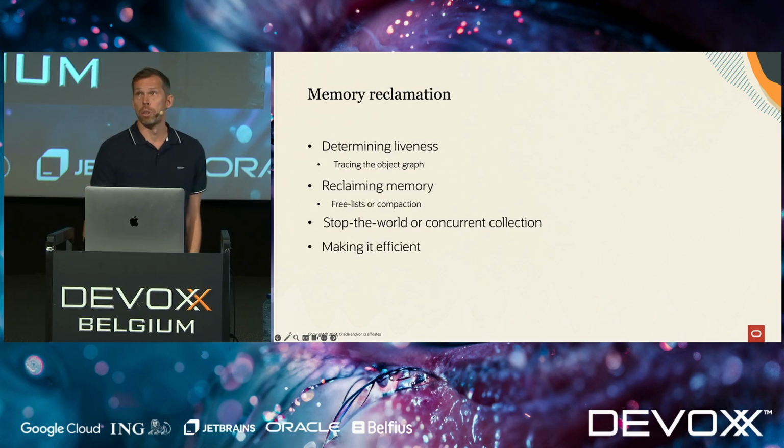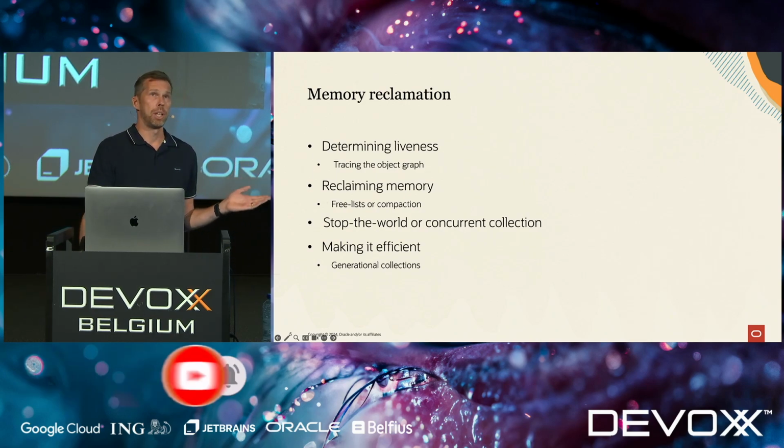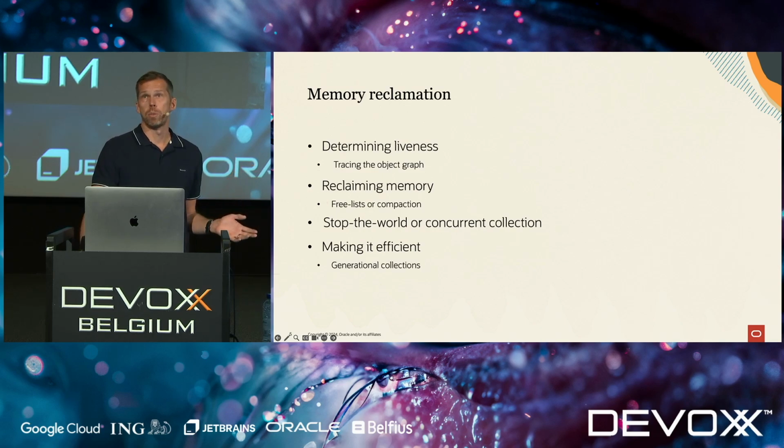And of course, we want to make this as efficient as possible. And there are many techniques for making it more efficient. One of the most important ones is called generational collections. What we mean by that is that we divide the heap into two generations: a young generation where we store newly allocated objects, and an old generation where long-lived objects are promoted to. So objects that have been around for a few GC cycles are moved to the old generation because they